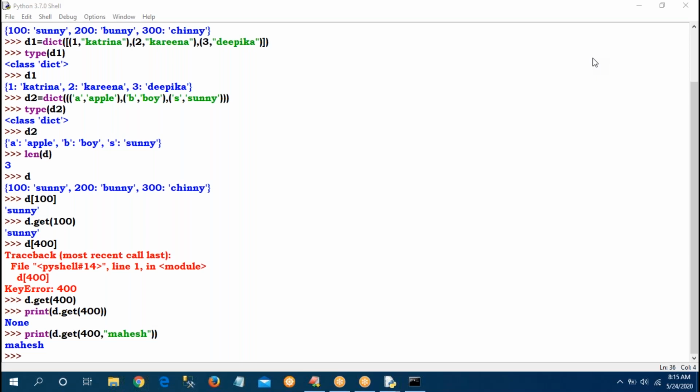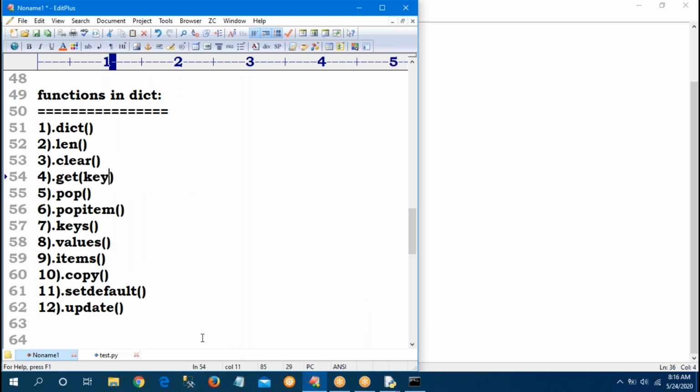So next function, pop. Sir, pop is nothing but inside you can specify the key. Pop of key, then with that key, whatever value is available, that value will be removed.